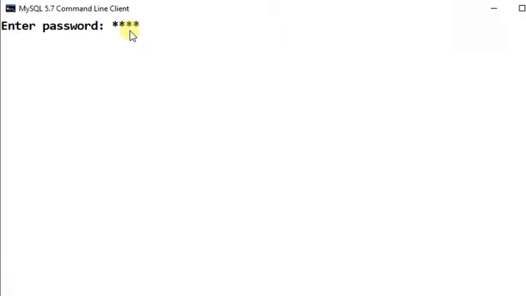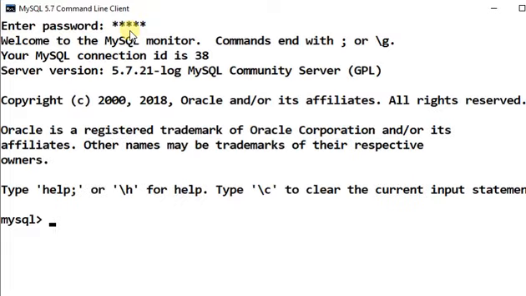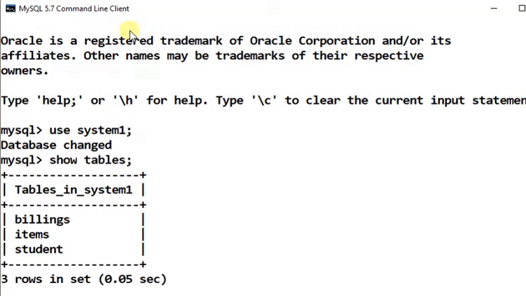To begin with, I have reached the MySQL prompt and I'm giving the password Tiger. Make sure I don't have any user ID, so I'll be using root in Python. Fine. And let me use my database, and my database is system1. Show tables. Okay, so I have 3 tables in this database and my interest is truly towards this table